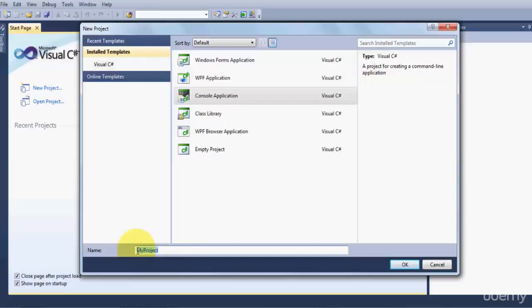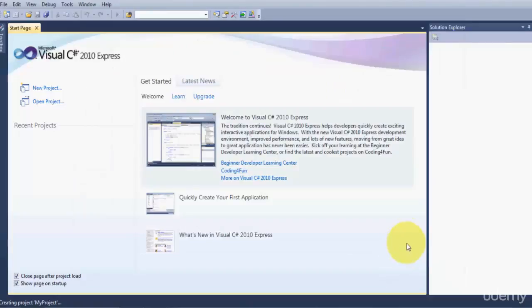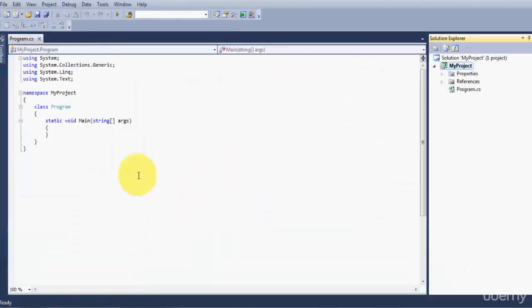So it's like a camel pattern here, right? Always start with a capital letter, and click OK,